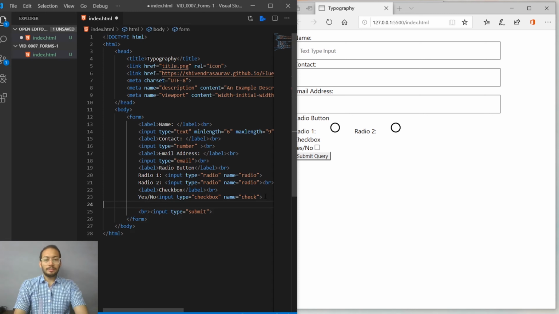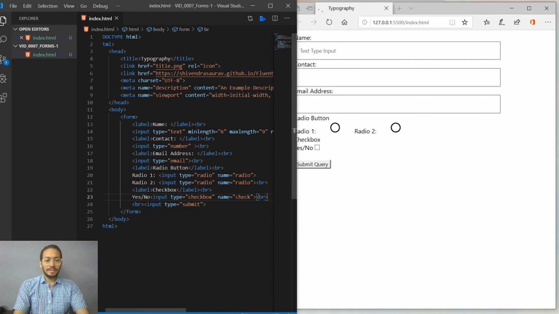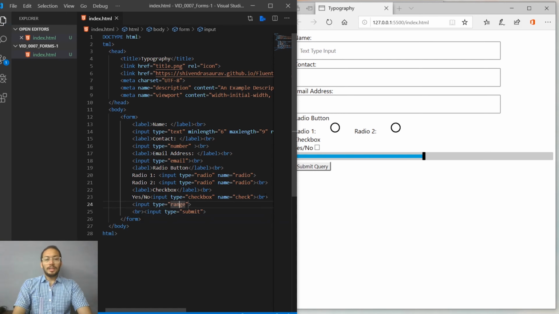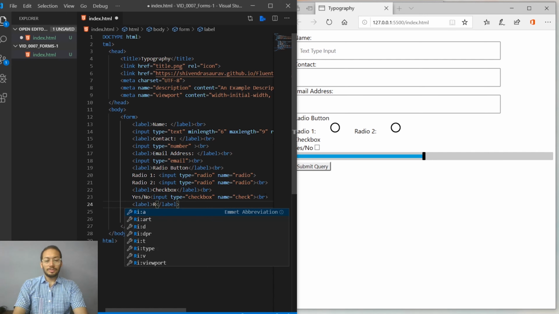And also we can make ranges. So ranges are basically used for selecting a value between given values, like 1 and 10, or maybe 1 and 100. So let's add an input type of range, and we'll add a label calling range. Select a number in between,